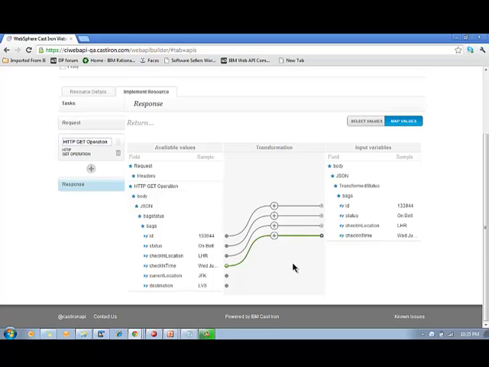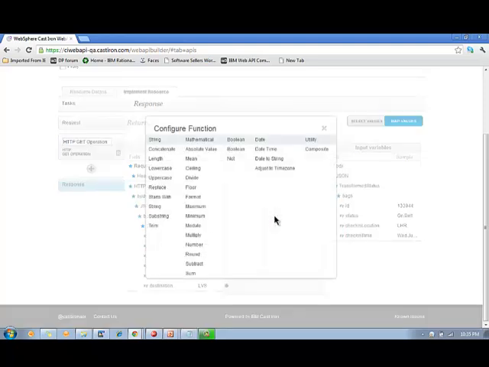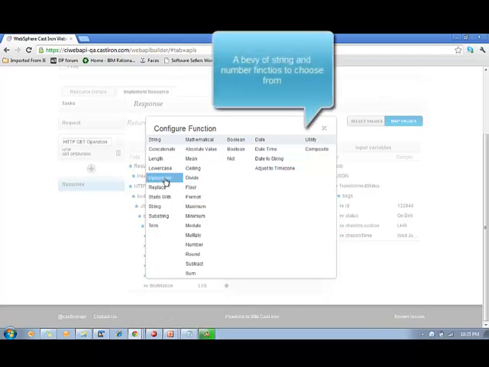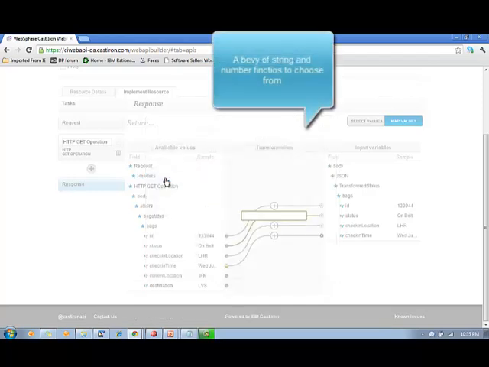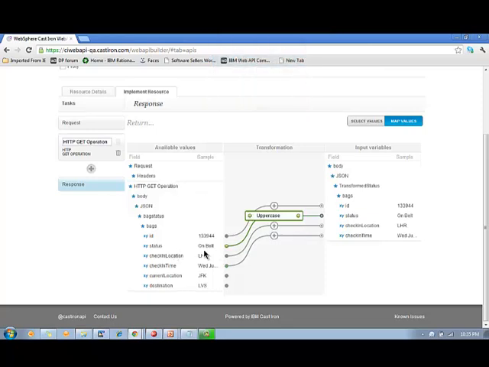Now let's see how we can change or manipulate the responses available in Castine. Let's look at the status. Clicking on plus provides you with the configuration option of several number and string manipulations. Let's say that we would want to see an uppercase value of the actual status. Having done this,